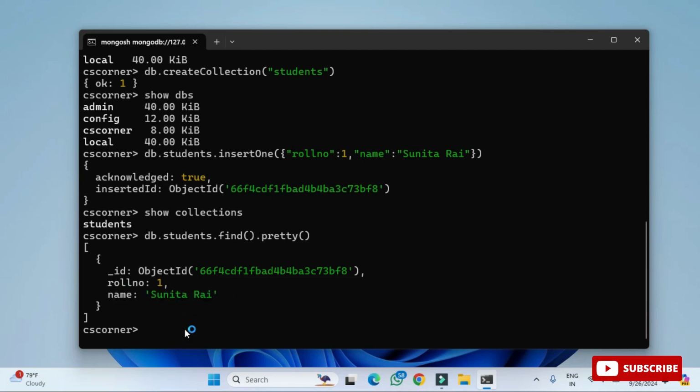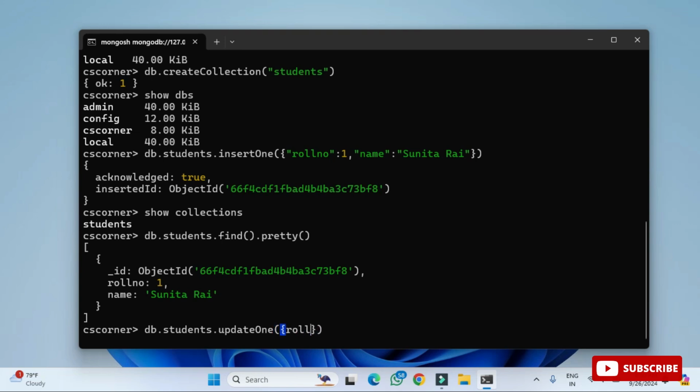Okay guys, so creation and reading is done. Now we will perform the update operation. For that I'm going to type the command db.students.updateOne. updateOne is used to update a single record, the way we used insertOne.